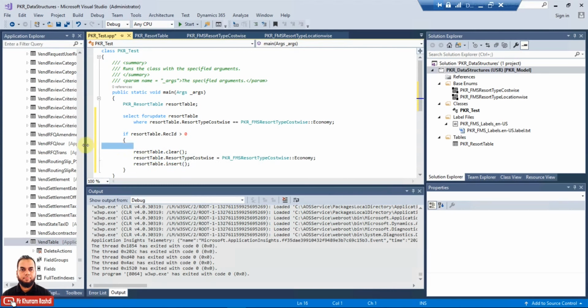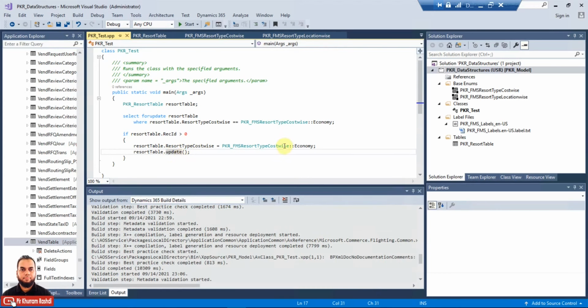In this way I will remove the clear statement here, and I will use the update method, which is basically used for updating a record, and I will assign another value here. Before that, the if condition should follow a condition inside brackets, otherwise it will give you an error, just like it showed me a syntax error. So here I will definitely not assign the same value, and now I will choose the luxury value.